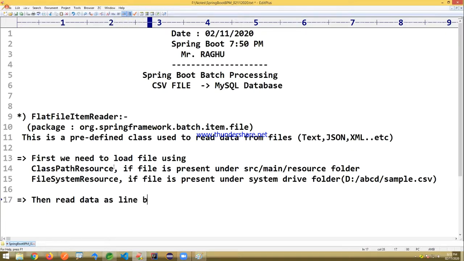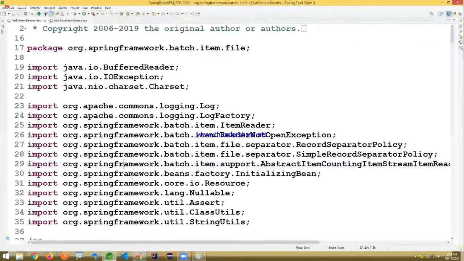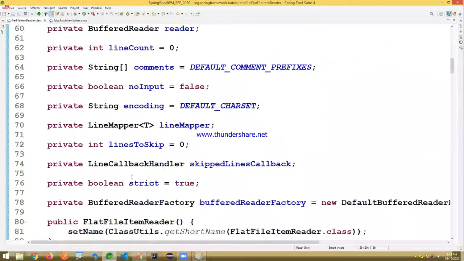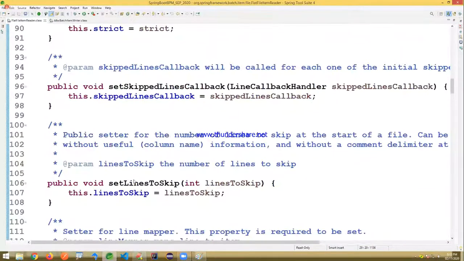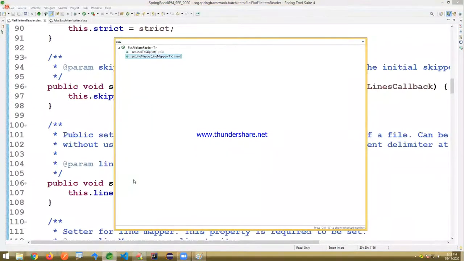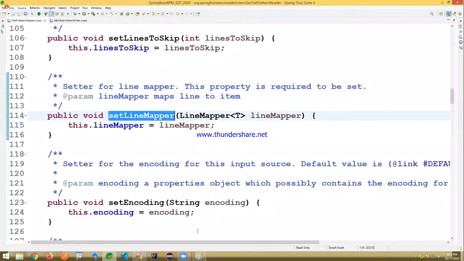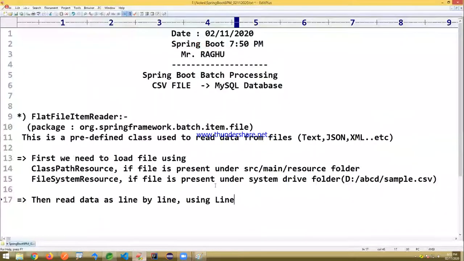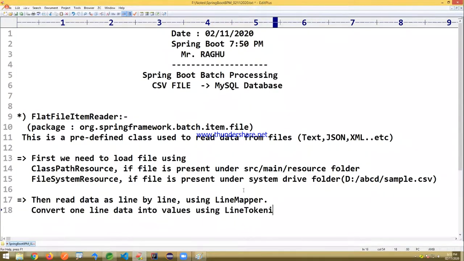Then read the data line by line using the concept of a line mapper. You can see here the line mapper converts one line of data into values using a line tokenizer.